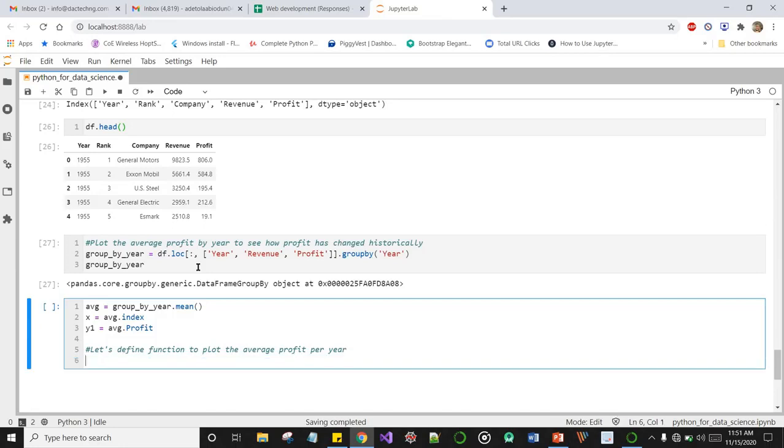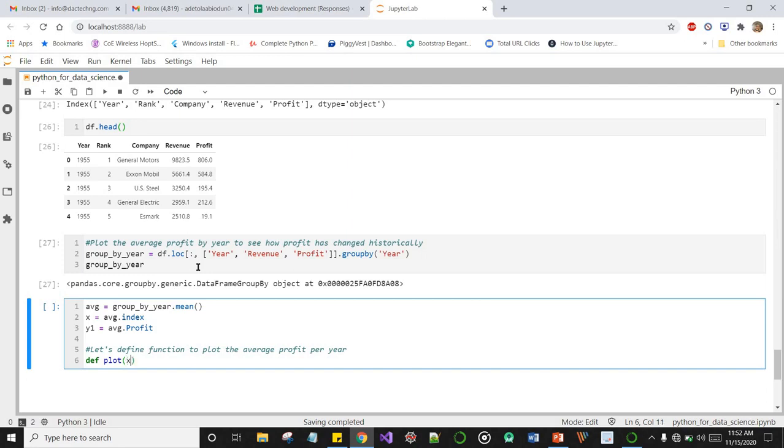To define a function in Python, use the def keyword followed by plot. Plot here is the name of our function. It could be anything, but just make sure you use variable names and function names that are very expressive and define what you are really doing.